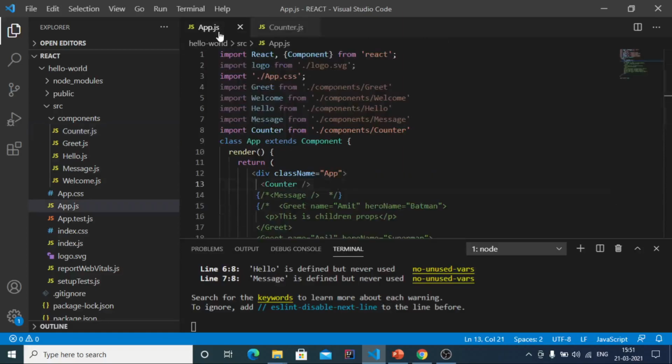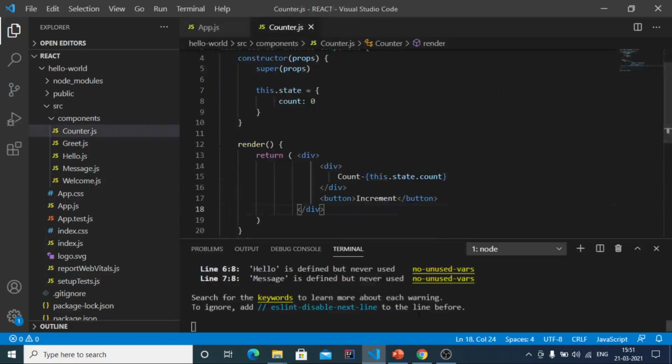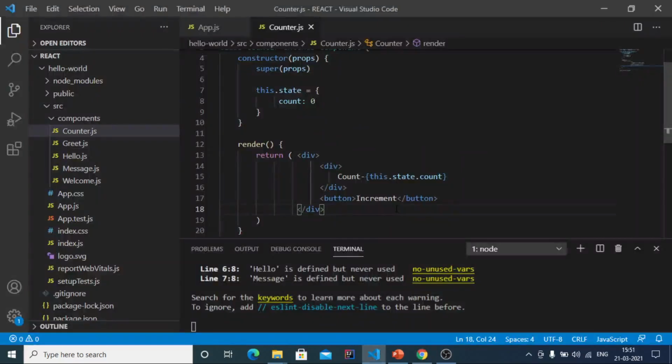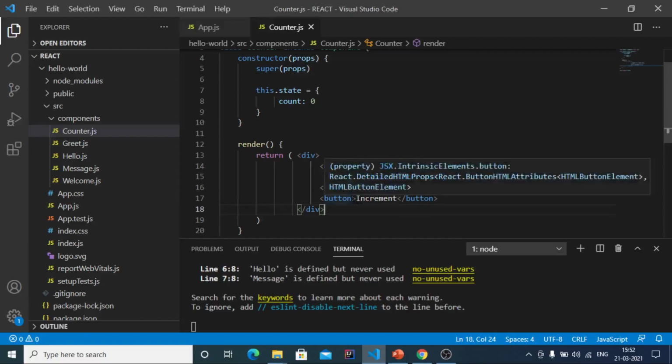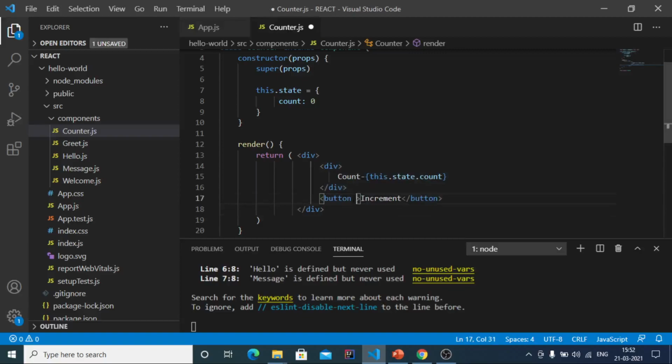Let us go to the browser and see. Here the value of count is initially 0, and a button named increment has been placed right below this text count. Now we have to listen to this increment button, listen to the click event of this button.